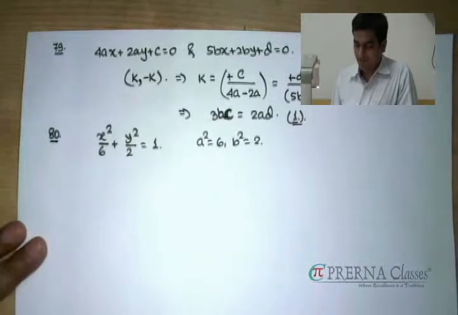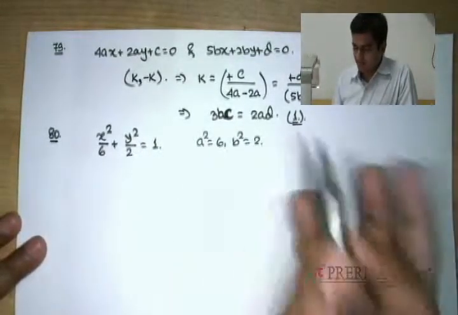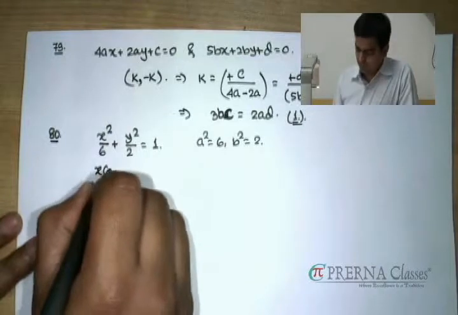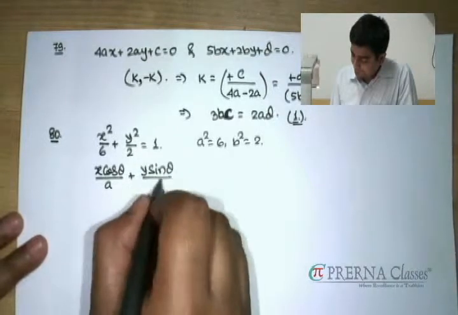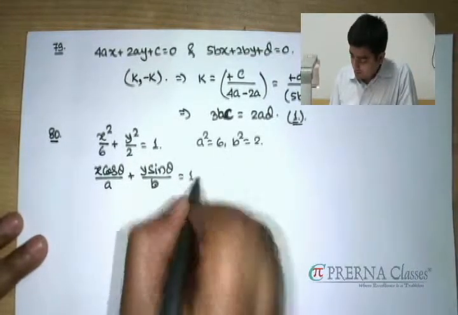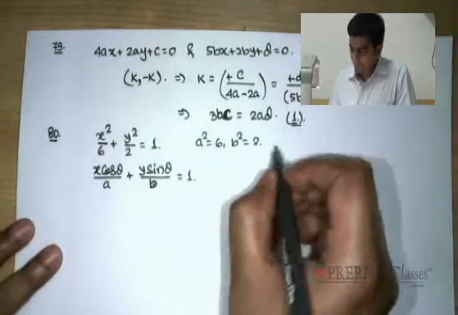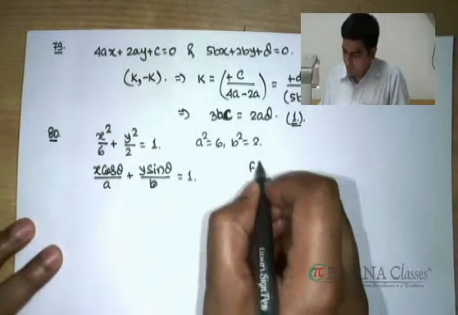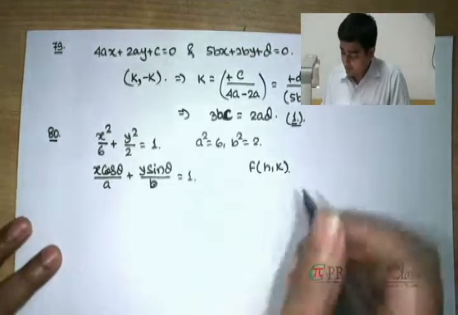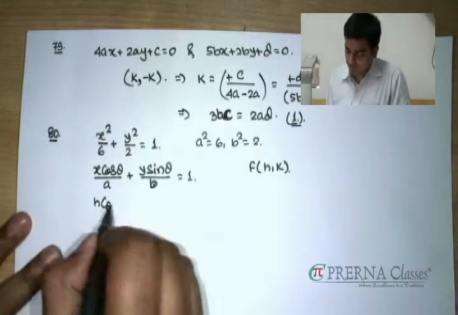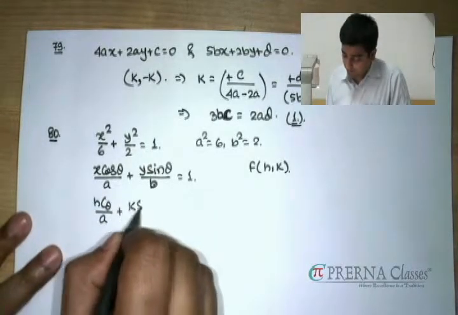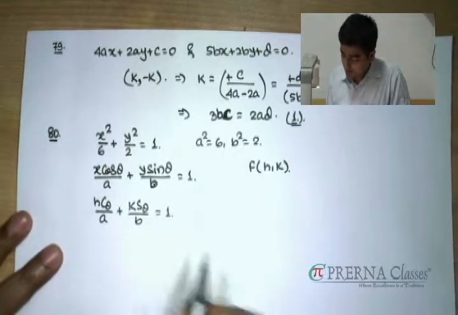Okay, the next problem is related with conic section, more particularly it's related with ellipse. You have to figure out the locus of the foot of perpendicular from the center of that ellipse to any tangent. If I consider a square and b square as 6, 2, clearly the equation of tangent, we consider it as this. Suppose I consider the foot of perpendicular from the center as (h, k), it is clearly going to satisfy this equation. So we have one equation involving h and k in this manner.